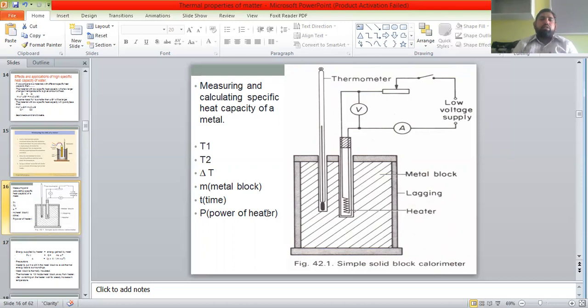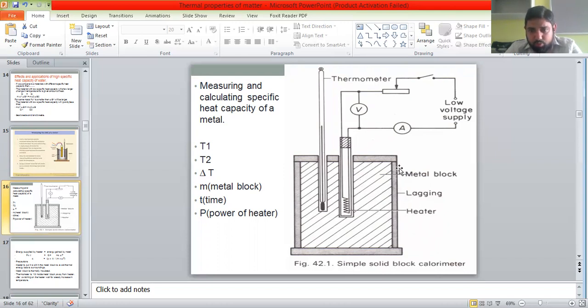Now you will think that we can put more of the thermometer outside the apparatus, but consider one thing, that we need to have a good contact with the metal block. So that's why 1/3 should be inside so that it's performing both these functions. It is making a good contact with the metal block and we can read the initial and the final reading. So that's why we say 1/3 of the thermometer will be inside and it will be away from the heater. We'll discuss the reason for that.